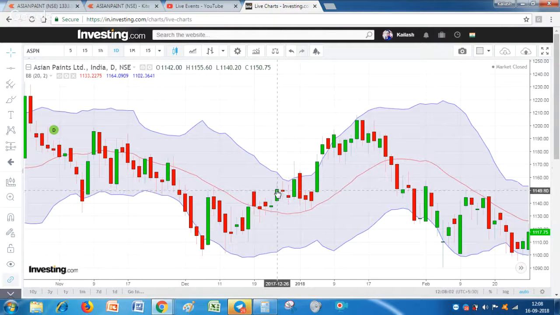Let us count for how many days. Suppose we have entered this trade at this level, and this candle, this day, 1, 2, 3, 4, 5, 6, 7, 8, 9, 10. Within 10 days, friends, on the 10th day, our target in the ratio of 1:2, and even more than that, is hit. It has given us a 40 rupees movement, more than 40 rupees. So this day we would have taken our exit. We would have taken profit.